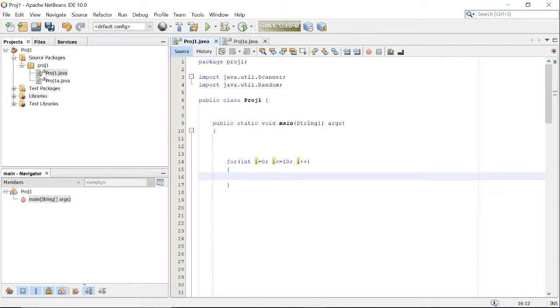Is 10 less than 10? No. But is it equal to 10? Yes. Continue. Once it reaches 11, it's not less than 10, or it's not equal to 10. So we continue on. I'll just show you a simple thing. It is going to print out 0 through 10